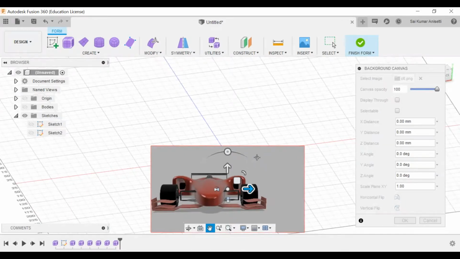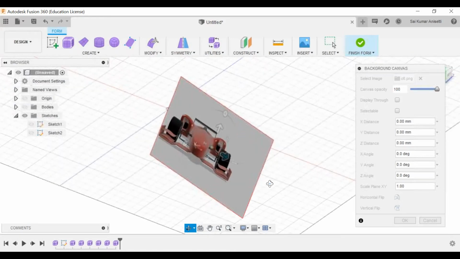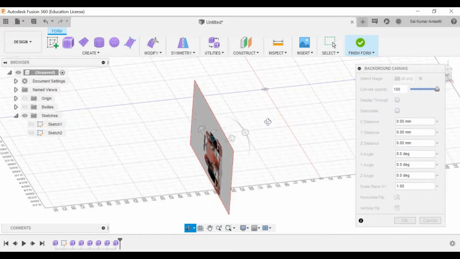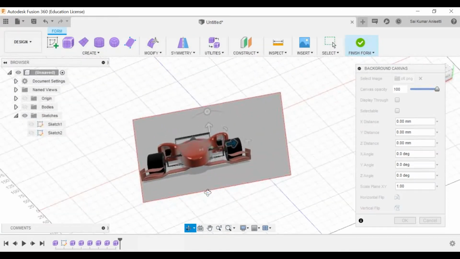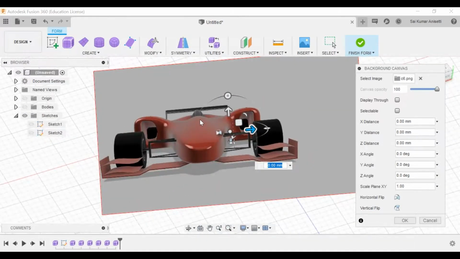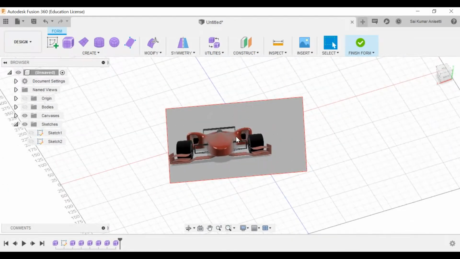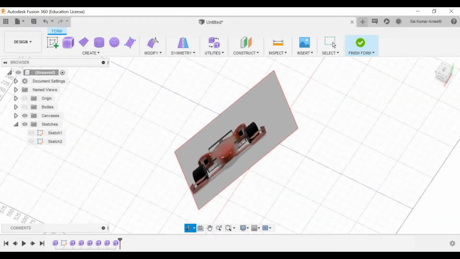See, this is my image. If you have that particular image and you want to design that same workspace, you can insert it into your environment. With respect to this car design, you can now change your shapes and everything. This is only for reference. Now you have a reference image in the background.